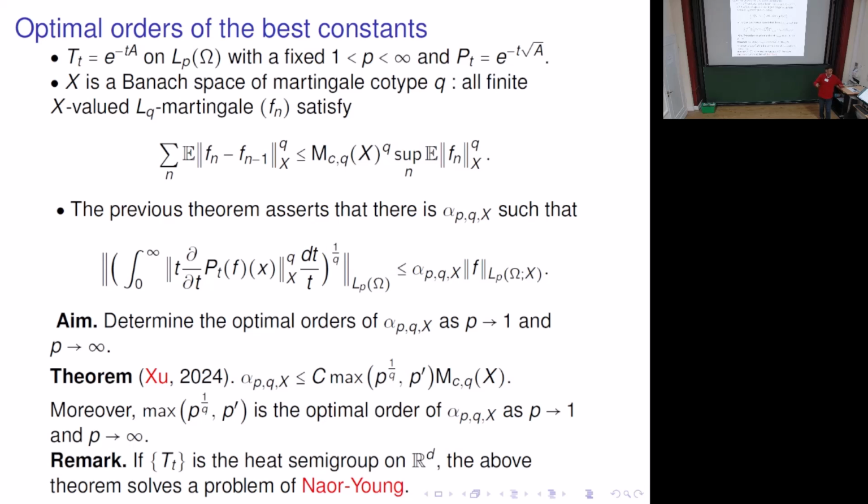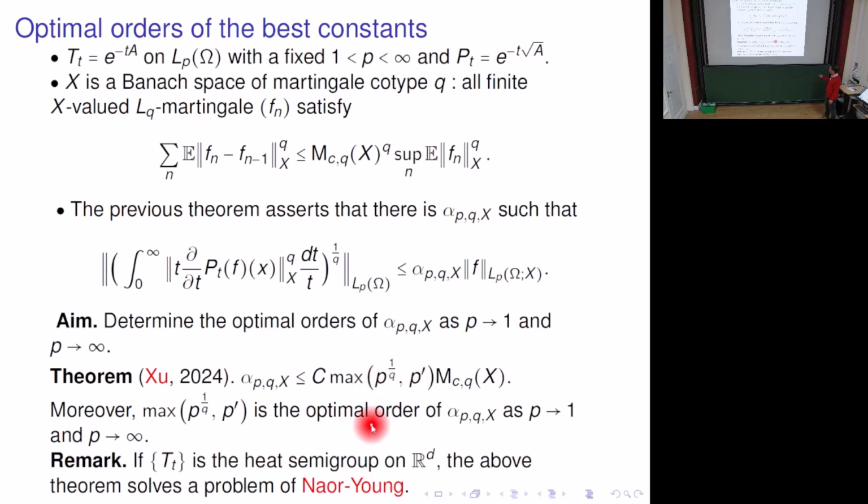So now the aim is to determine the optimal order of this constant. Okay, determine the optimal order of this constant. So this is another result. In fact, we can compute this constant alpha_{p,q}(X) by some root constant C, and maximum,